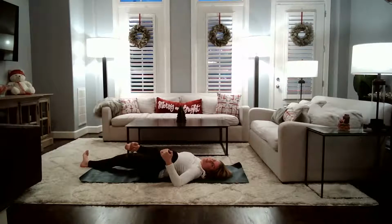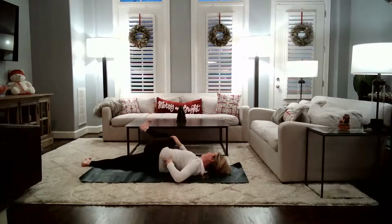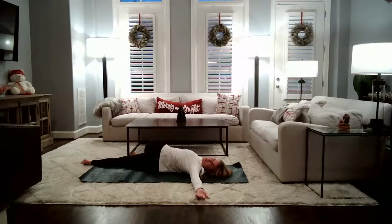Take a big inhale. And on your exhale, cross your left leg up and over to the right side of your body and the right side of your mat. Notice that your left hip will be stacked on top of your right hip, but try to keep both shoulders connected to the ground. Take a big inhale